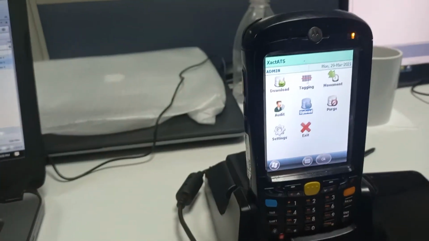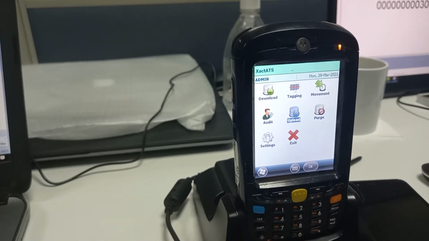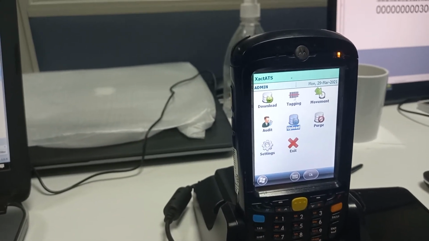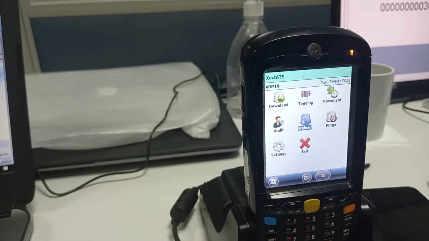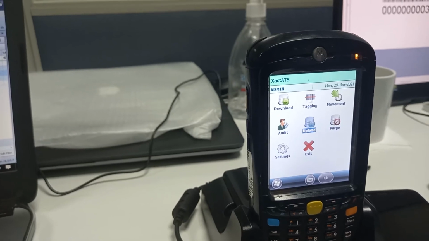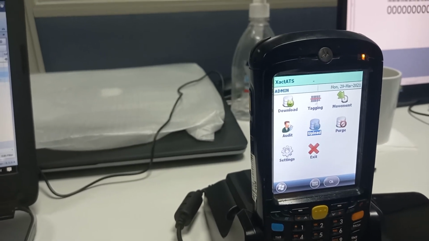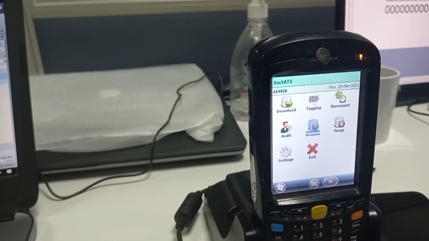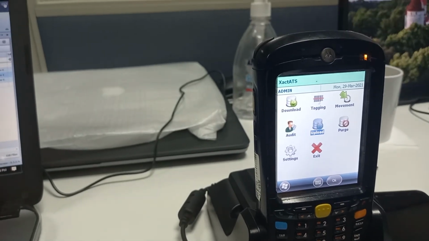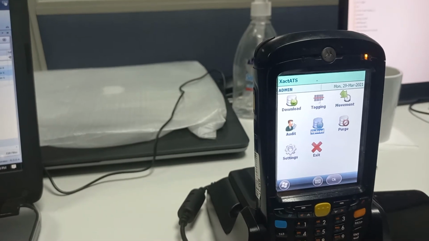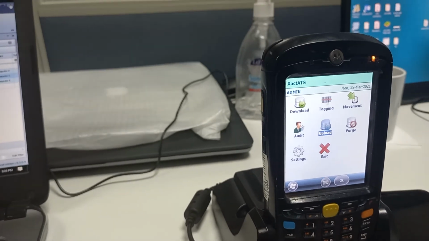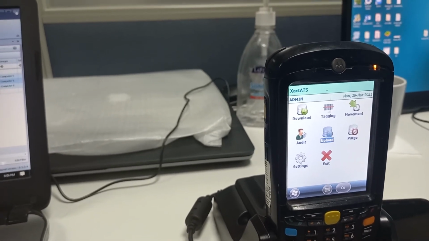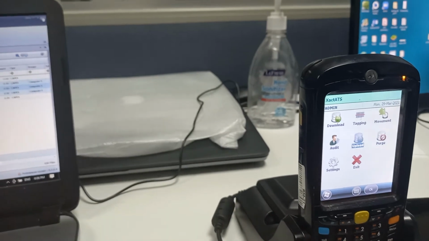Like the computer I tagged, you can tag different assets like desktop, chair, like that. So first thing, if you enter one location, you need to select the particular location reference. Then the asset additional information also you need to capture. After that, you scan the serial number, stick the sticker on the asset, then save that information, come back, and upload the information to the ATS application.